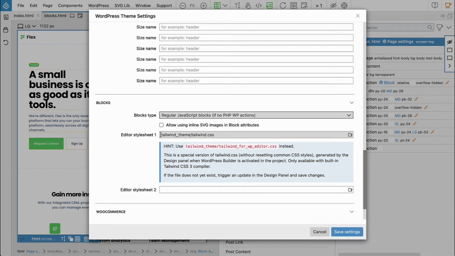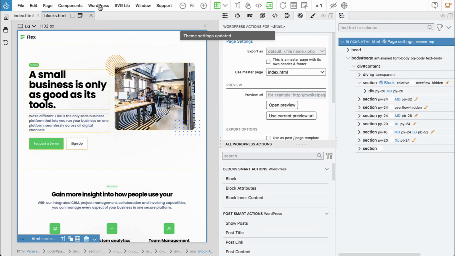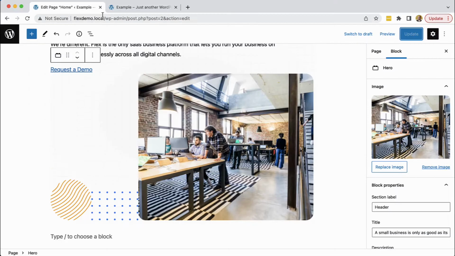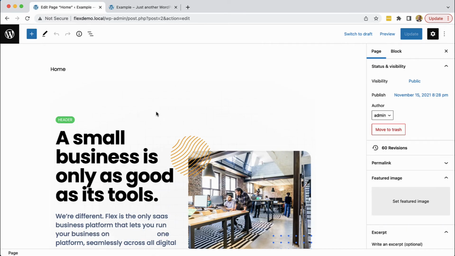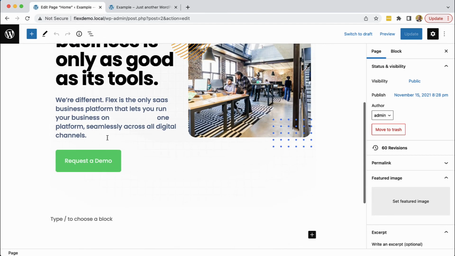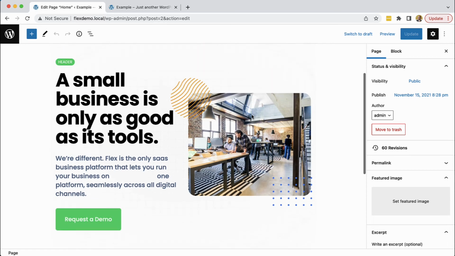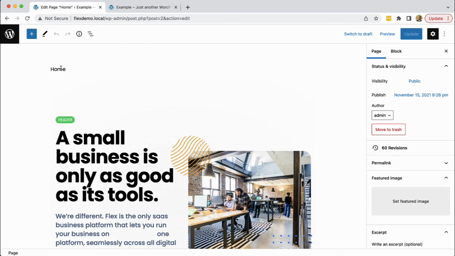But to illustrate this point, let's just use the Tailwind CSS file as it is, export the theme and go here, reload. So we can see that now the block is correctly styled in the editor, but for example, the heading